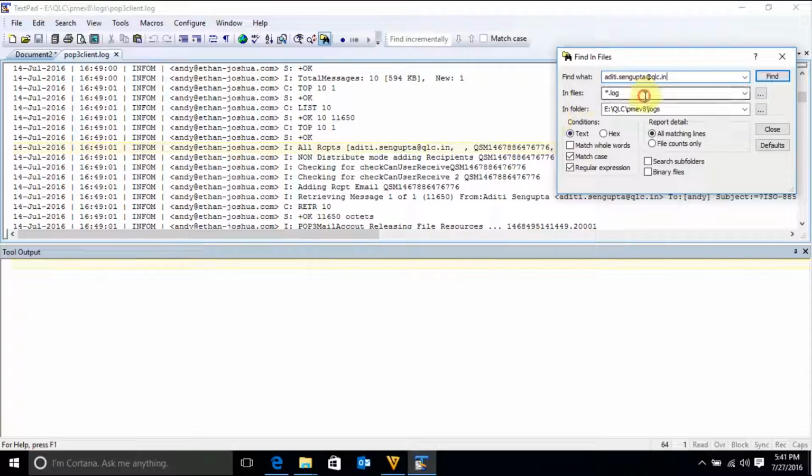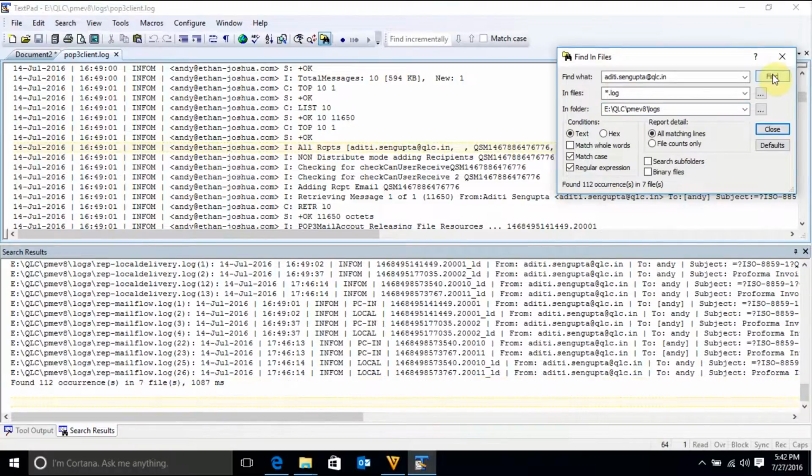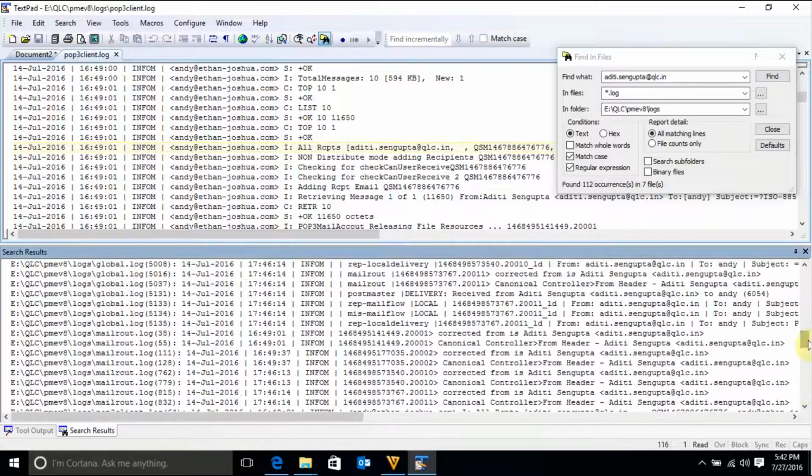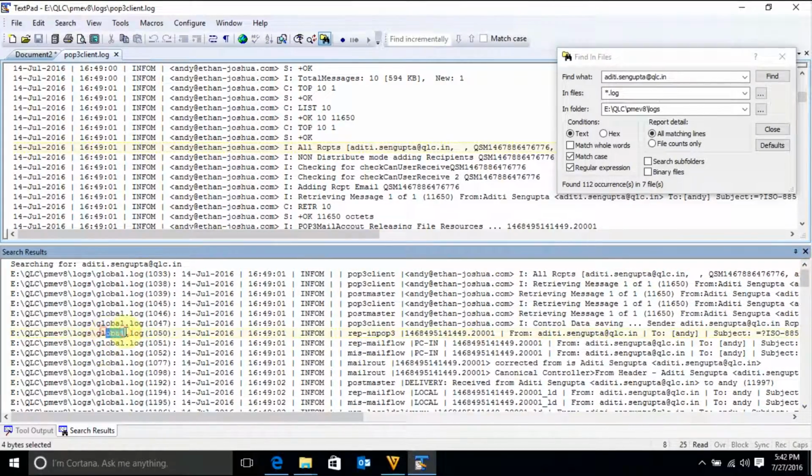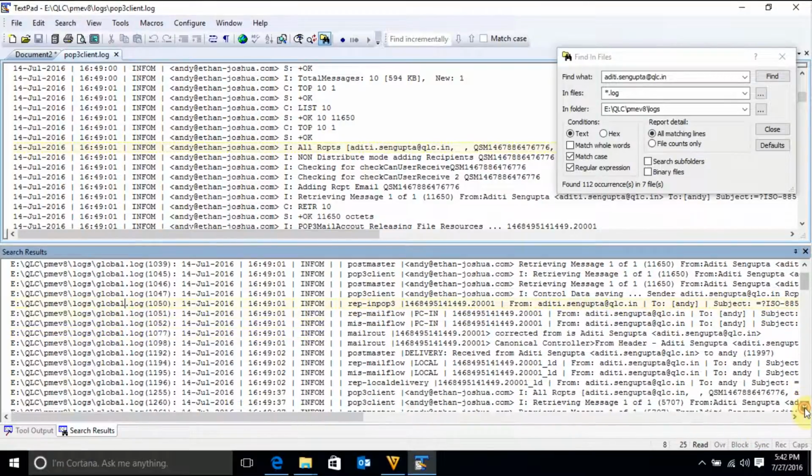In the files field you have to mention star.log. It will take this subject or the from email ID and search in the log folder, and where is the log folder? You have to mention the path. Now once you do it, and if you click on find, below you can see that it has searched out all the logs which contain my from email ID, starting from the global log. Here it is, and if you scroll down a bit,